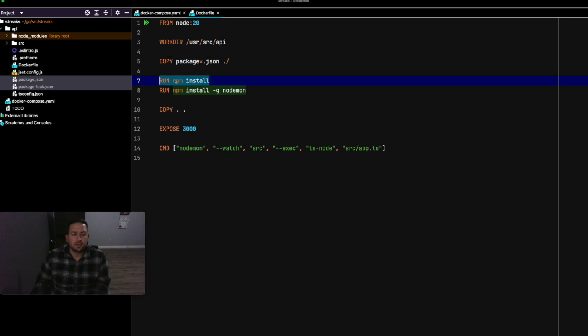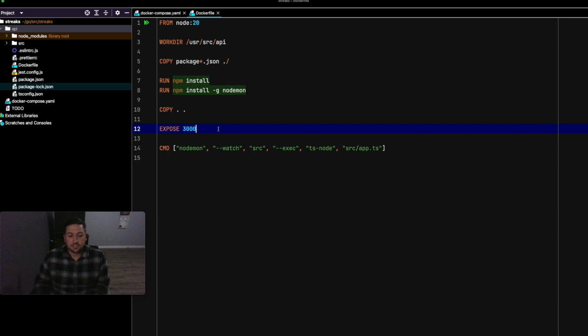We're going to install all of our node modules. We're going to install nodemon. We're going to copy everything within this API folder, copy the contents of that and throw them into the Docker working directory, that API directory we've created. We're going to expose our port 3000